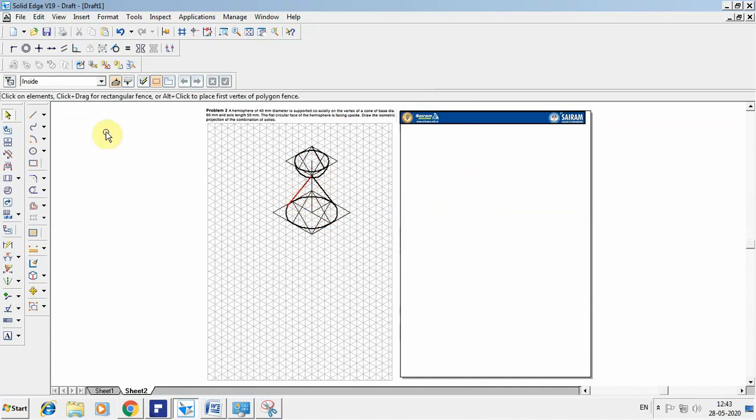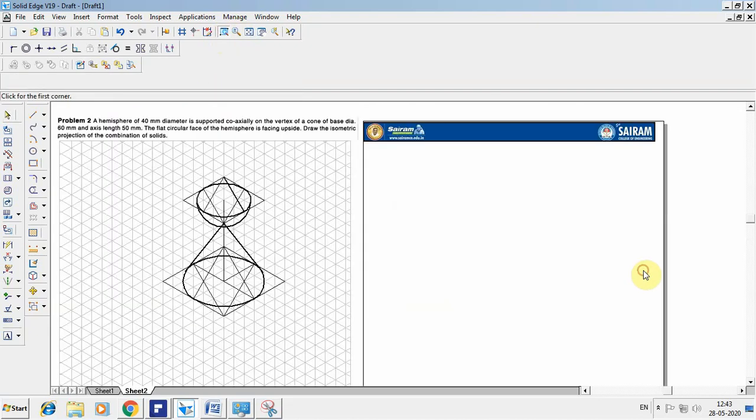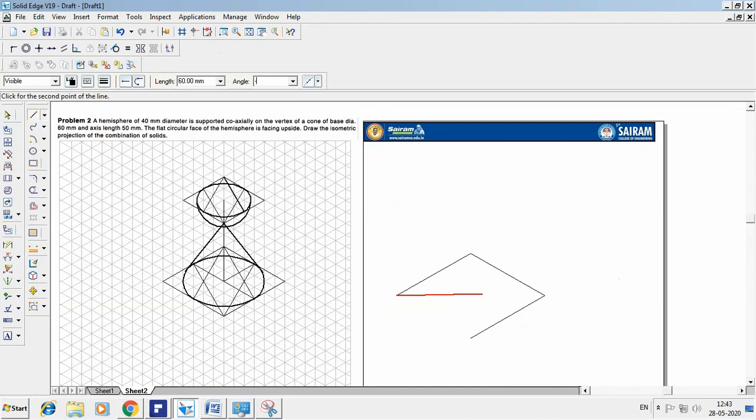So now the same problem, how you can solve in your Solid Edge software. To create the first cone, construct the circle. So 60 at an angle of 30, 60 at an angle of 150, 60 at an angle of minus 150, 60 at an angle of minus 30. So construct the circle.